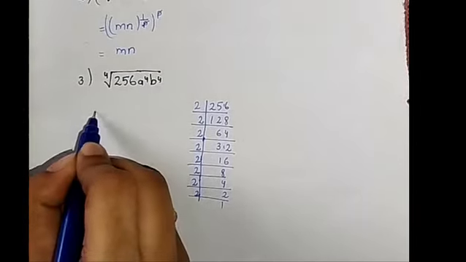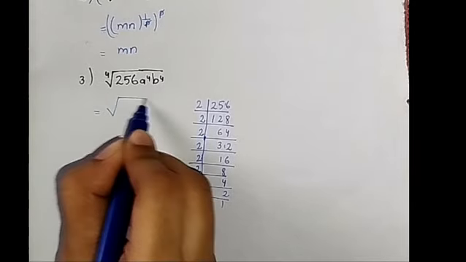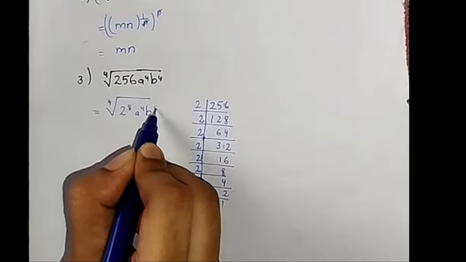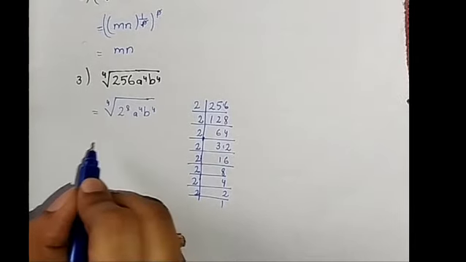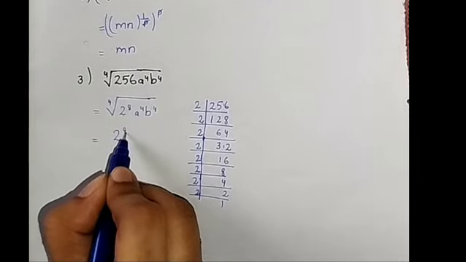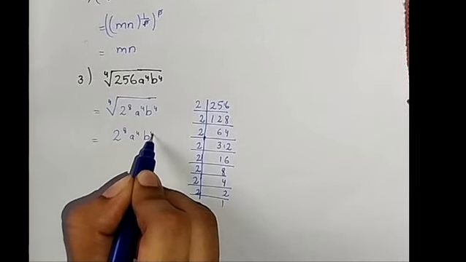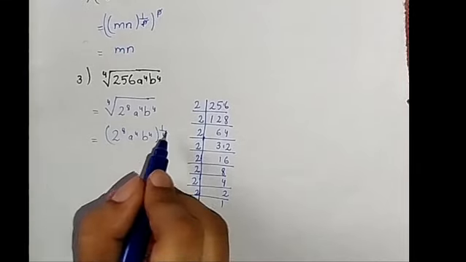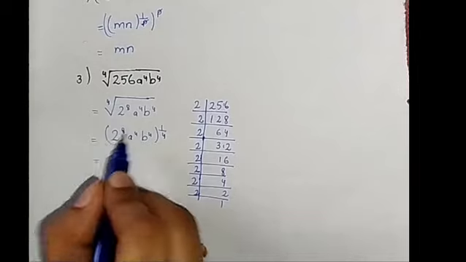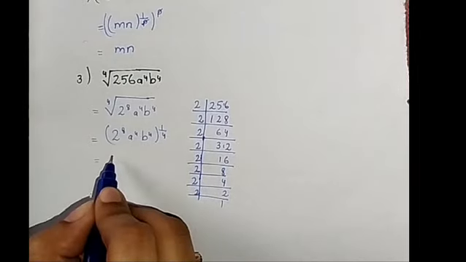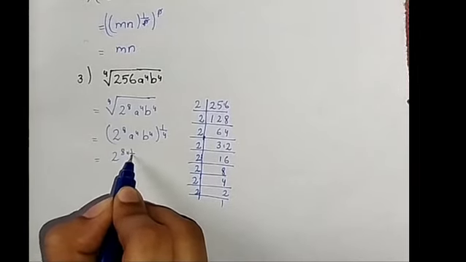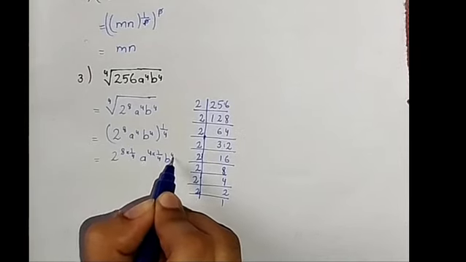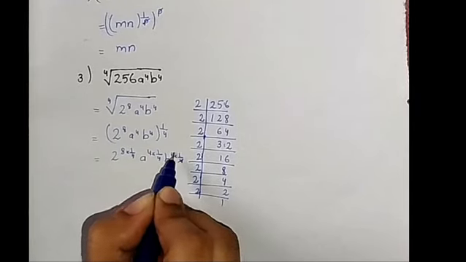ओके, तो आपके पास फोर्थ रूट में 2 पावर 8, a पावर 4 एंड b पावर 4। ठीक है, अब हम इसको होल पावर ले लेंगे। ये 1/4 सबकी पावर्स के साथ मल्टीप्लाई होगा बिकॉज ये सब पर कंबाइंड होल पावर है। ठीक है, तो 8 मल्टीप्लाई बाय 1/4, a 4 मल्टीप्लाई बाय 1/4 एंड b 4 मल्टीप्लाई बाय 1/4।